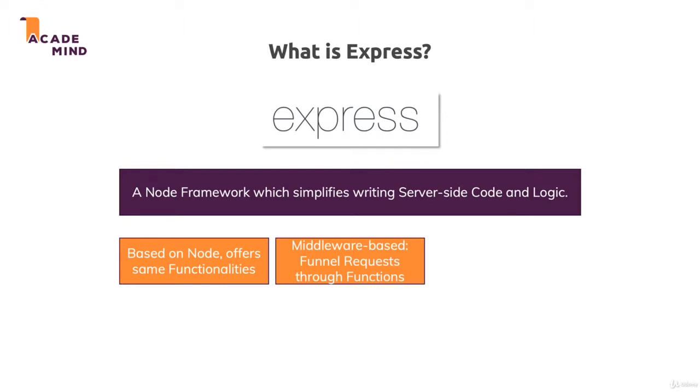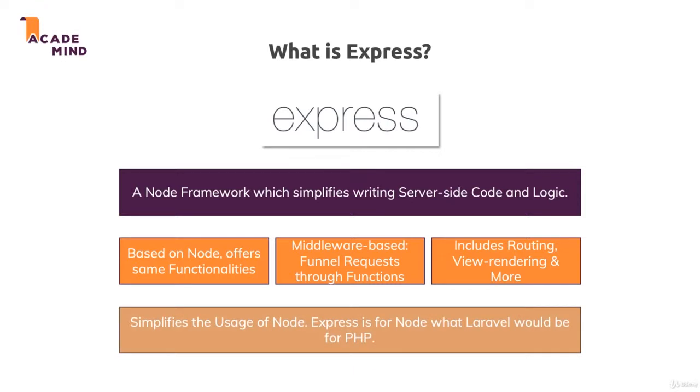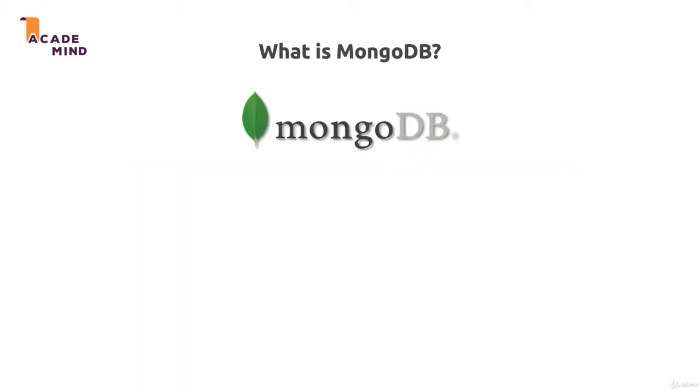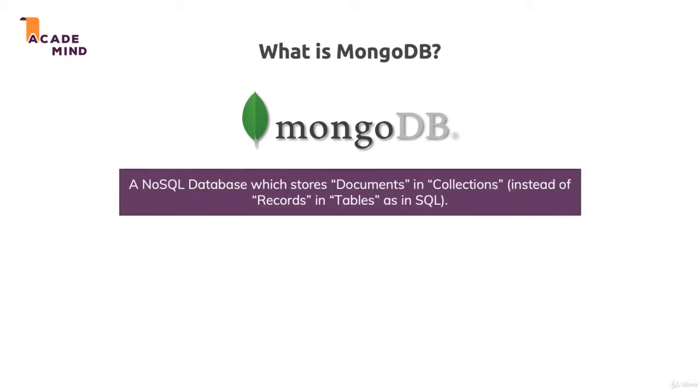with other features like routing, view rendering, and more, we got a lot of tools and clear rules that almost force us to write amazing and really well-working Node.js applications. So it really simplifies the usage of Node.js, and if you know PHP, it's a bit like what Laravel is for PHP, an amazing framework that simplifies the usage of the language. And that leaves us with MongoDB. What is MongoDB about? MongoDB is a NoSQL database engine which allows us to store documents in so-called collections instead